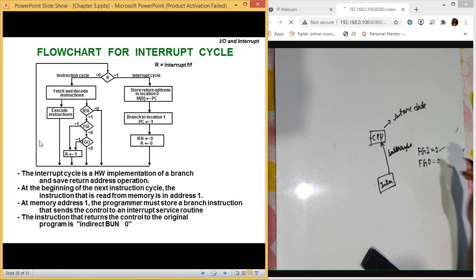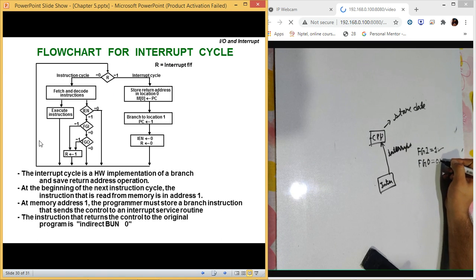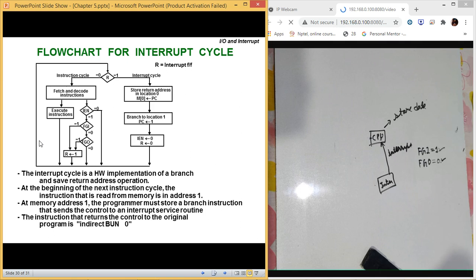When FGI is 0, then again it will move to the input output execution. So just remember it in this way: whenever your CPU encounters any type of input output instruction, it simply goes on the interrupt cycle. Now this interrupt cycle we will be discussing.